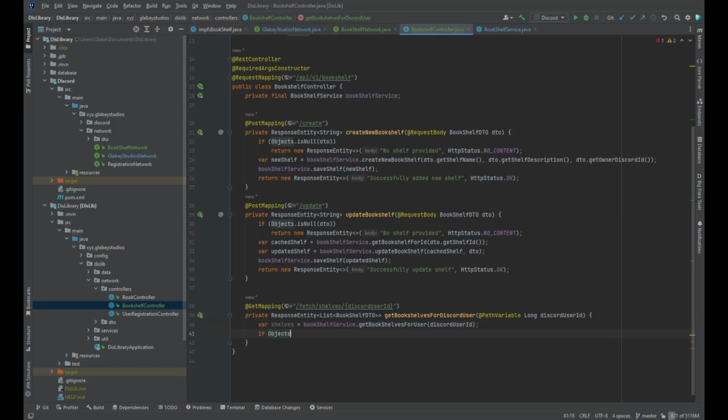if objects dot is null shelves. So if for some reason this is null, we're going to return a new response entity, which is just going to be a status, which is just going to be an HTTP status of no content. Because otherwise, we're going to return